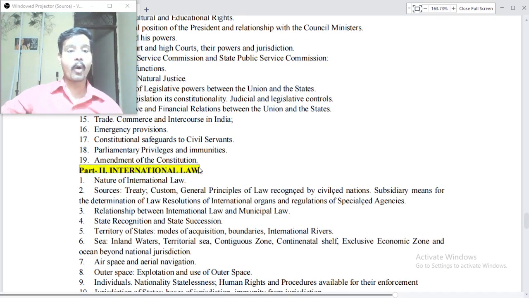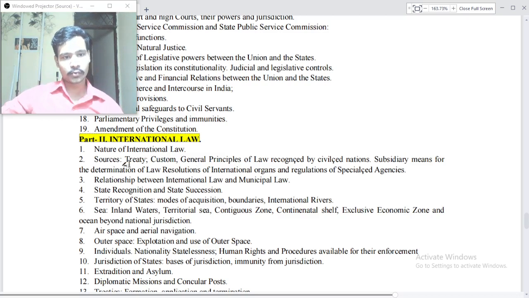Now Part B, International Law. Nature of international law: sources, treaty, custom, general principles of law recognized by civilized nations, subsidiary means for the determination of law, resolutions of international organs and regulations of specialized agencies, relationship between international law and municipal law, state recognition and state succession, territory of states, modes of acquisition, boundaries, international rivers, seas, islands, waters, territorial sea, contiguous zone, continental shelf, exclusive economic zone, and ocean beyond national jurisdiction, air space and aerial navigation, outer space, exploration and use of outer space, individual nationality, stateless persons, human rights and procedures available for their enforcement,